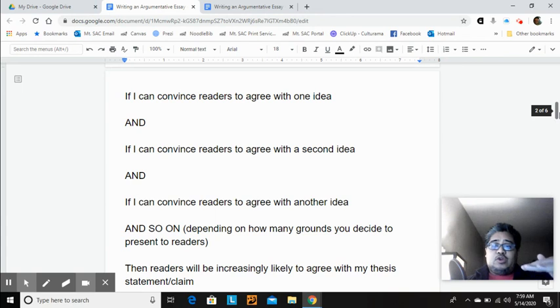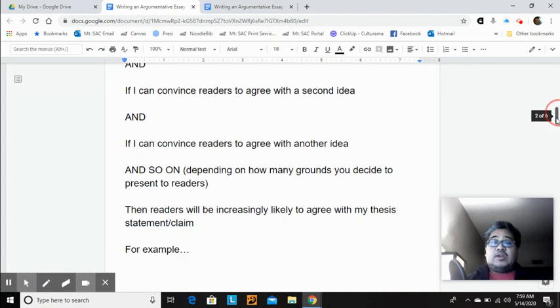I'm trying to get them to agree with small ideas, and the more of those smaller ideas that they agree with, eventually they should be much more likely to accept my claim or thesis statement, which is my big idea that I want them to agree with. For example,